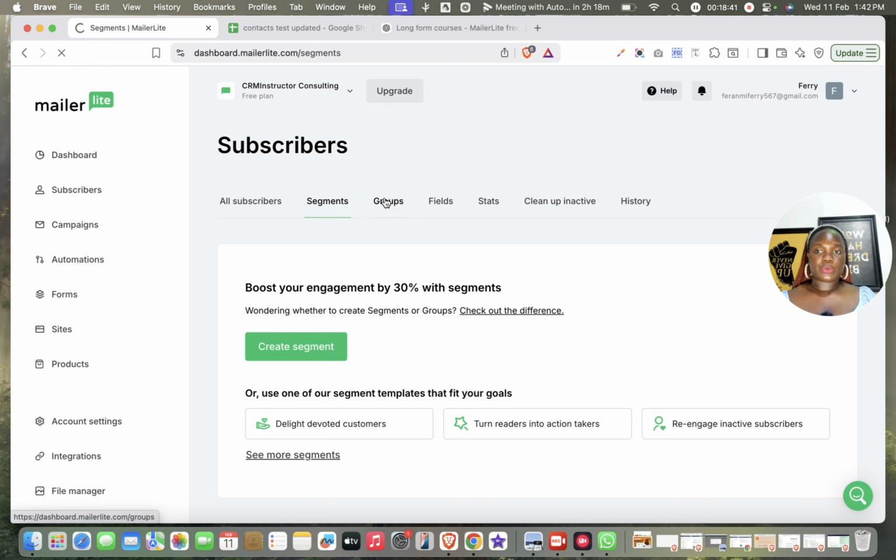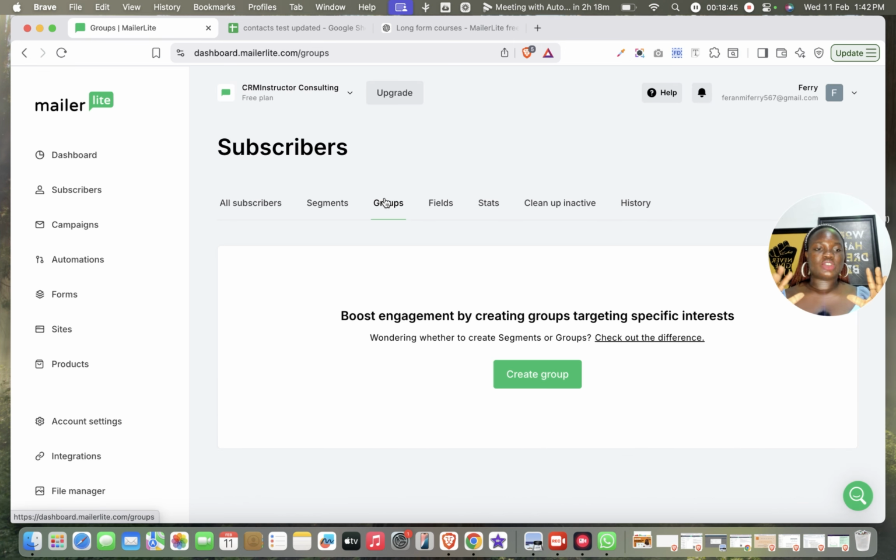And we have the group. The group just allows us to be able to name different subscribers and just name them in a particular place. So a group is also known as a list. It does not filter, it just allows you to be able to create a container, and you can put different subscribers into that container. And for fields, we have different custom fields that you can create